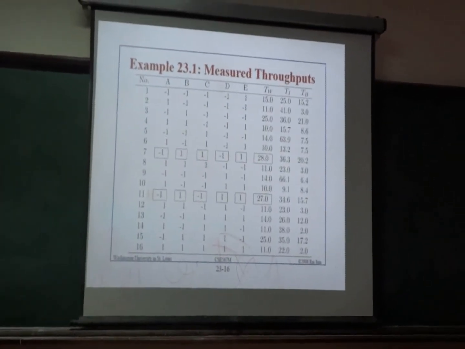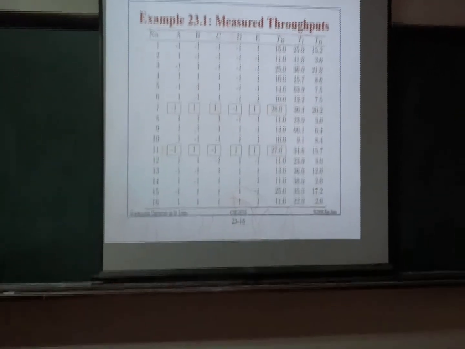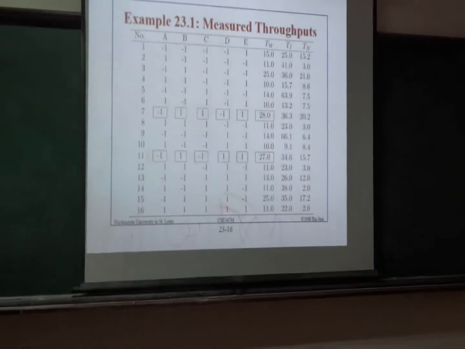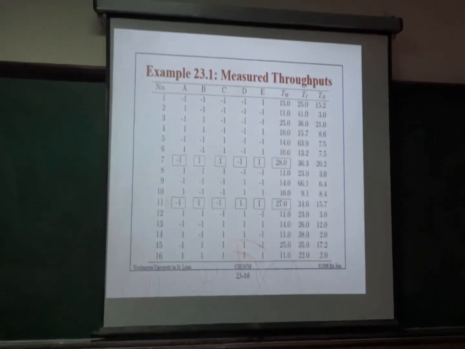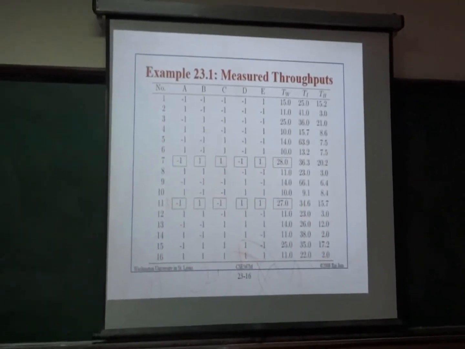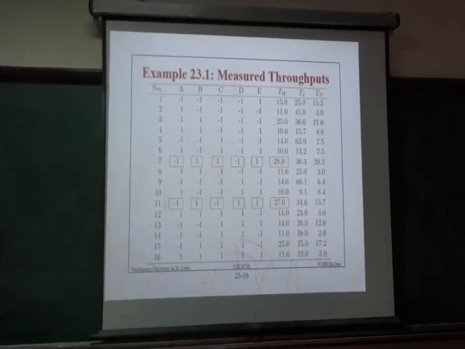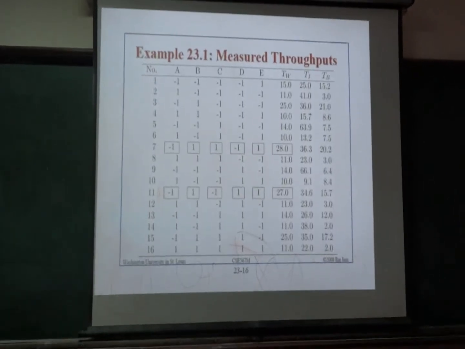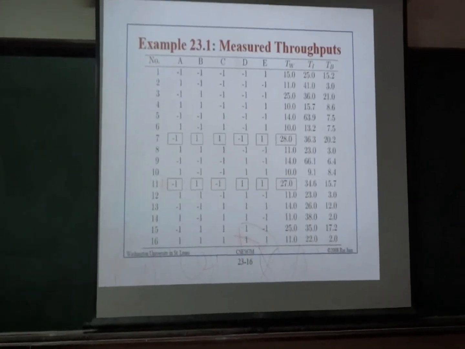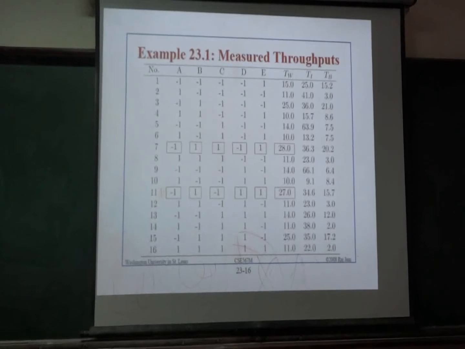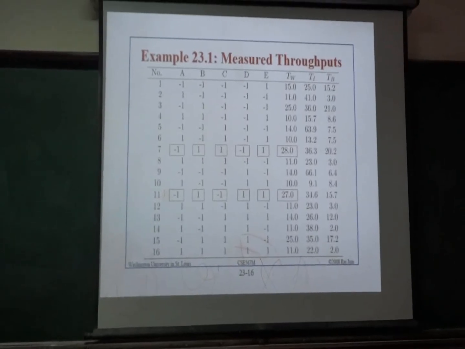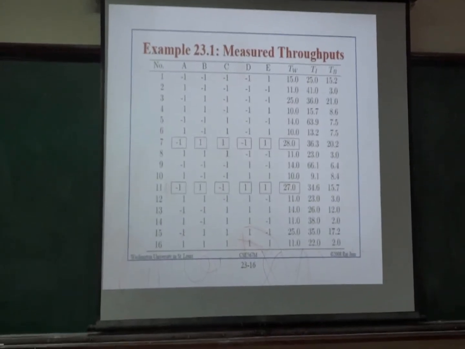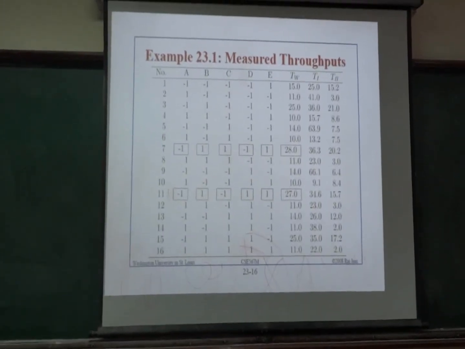The purpose of the study was to find the best factor levels for maximum throughput for the cases of jobs, namely word processing, interactive data processing, background data processing. The factor levels in the 16 experiments were used as part of a 2^(5-1) design, and the throughputs were obtained and are listed in this table. For simplicity, let us consider the word processing jobs whose throughputs are listed in the column